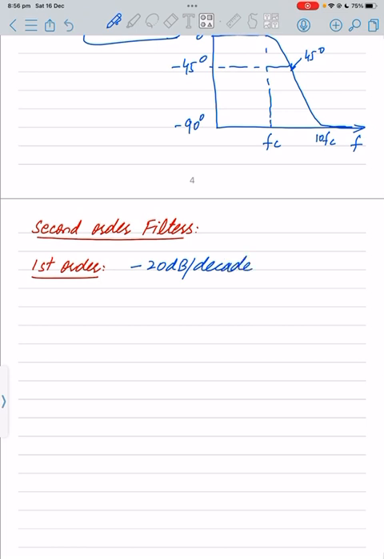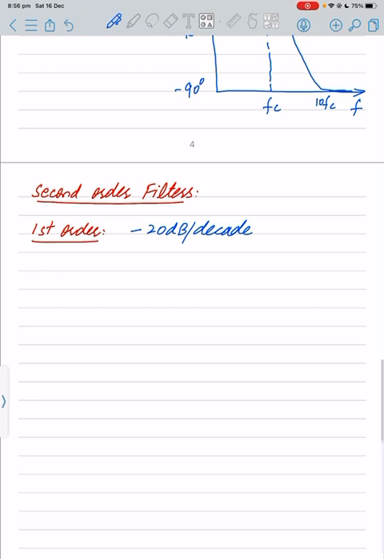But in some applications we actually want a much faster response as compared to the minus 20 dB per decade, that के उस frequency तक पहुंचने तक 10 times of the frequency there is only the decay of the negative 20 dB. So हमारे पास जो सेकेंड ऑर्डर फिल्टर हैं उनके अंदर वो हम यूज़ करते हैं when we want a much faster response of the filter. So let's suppose for the low pass, how we can achieve a second order filter, that we have to simply connect